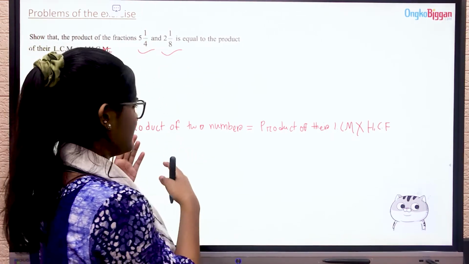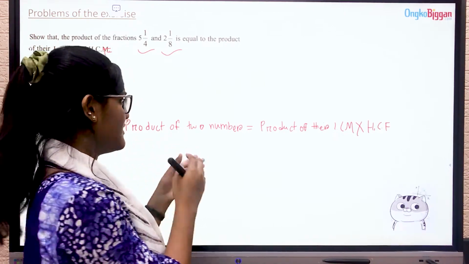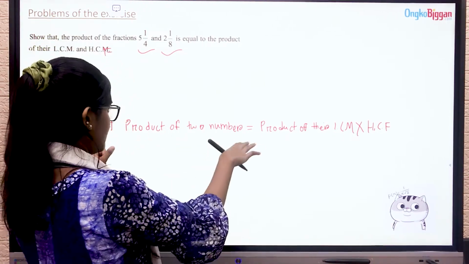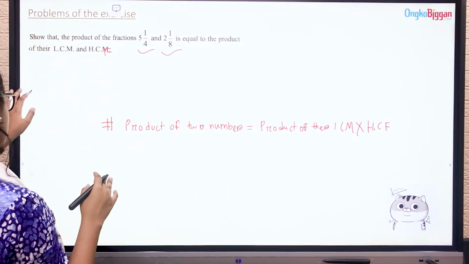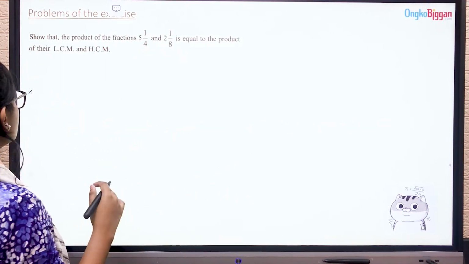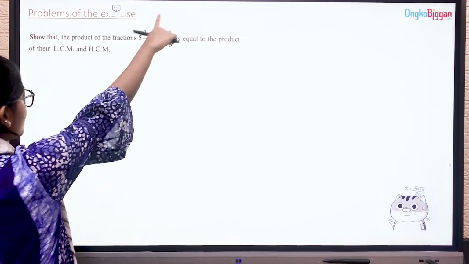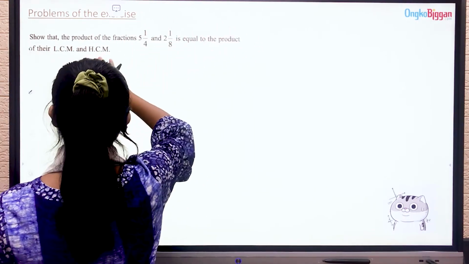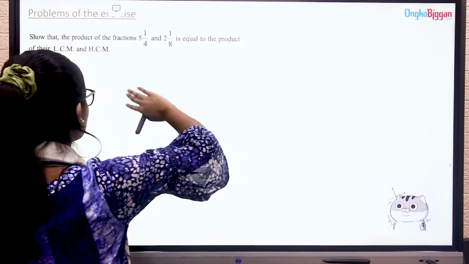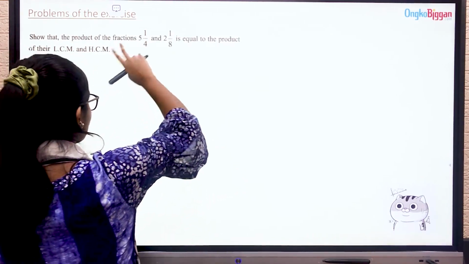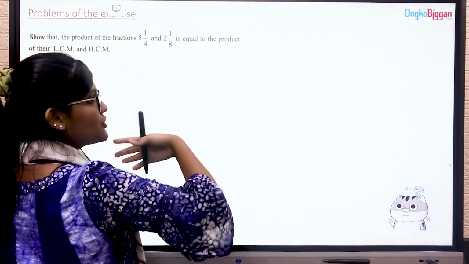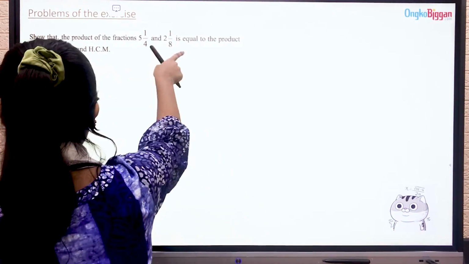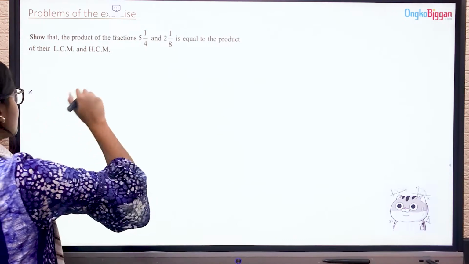So here we just prove the general statement, that means the required formula that we already know. So let's just do. Firstly we will find out their product, and then we will find out LCM and HCF of the two fractions, and then we will multiply them and show that their product is equal to their LCM and HCF. So